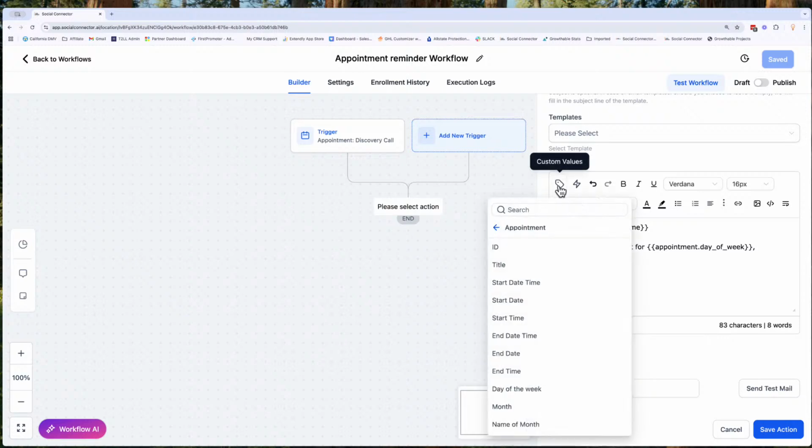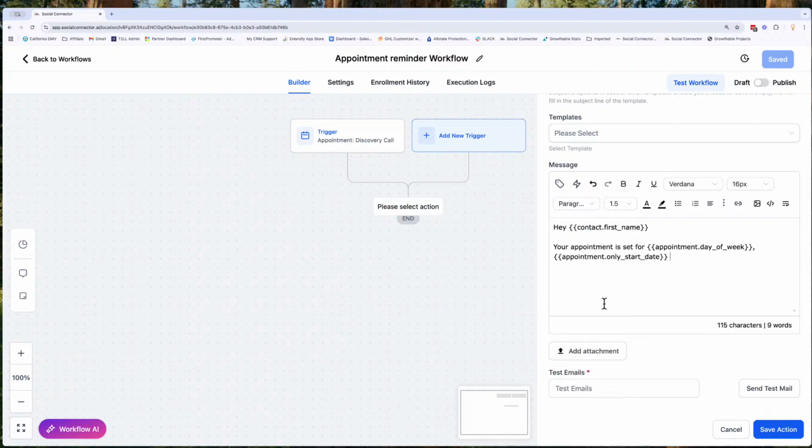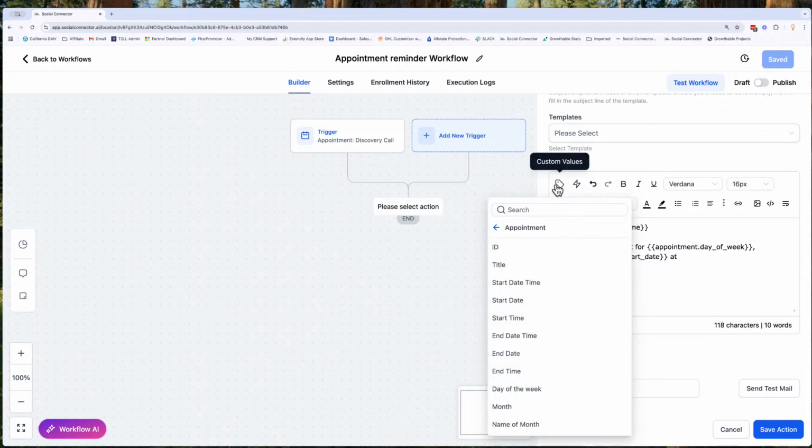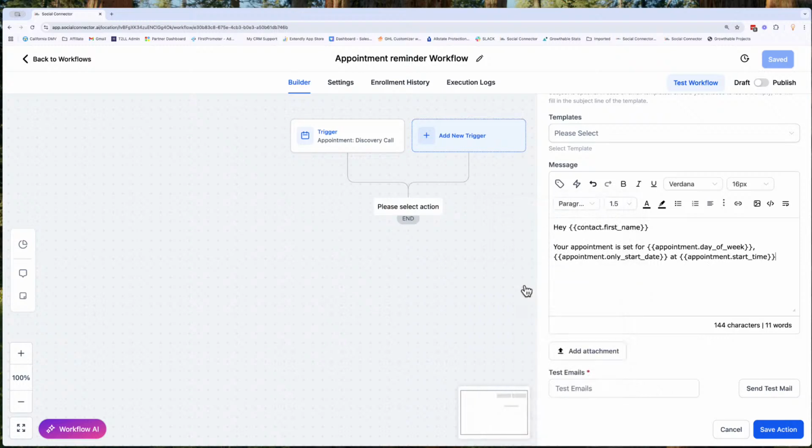So we're going to select custom values. Our custom values always stays where we were at last. So this is our start date right here. And so I'll select start date. And then we'll say at, and we want to put the time. So we'll select custom values and we'll do start date time. Okay, just like that. So now it's going to say your appointment is set for Monday, May 5th at 9